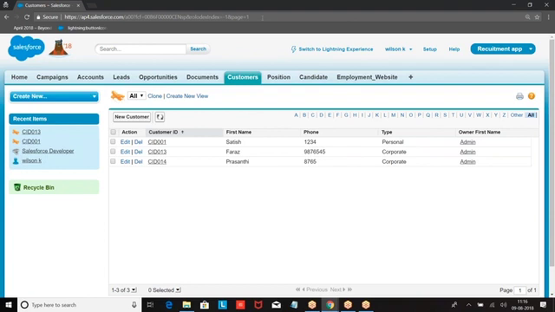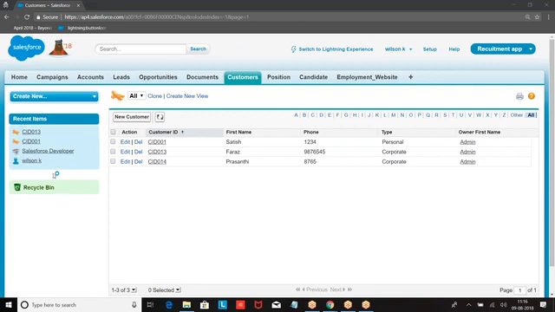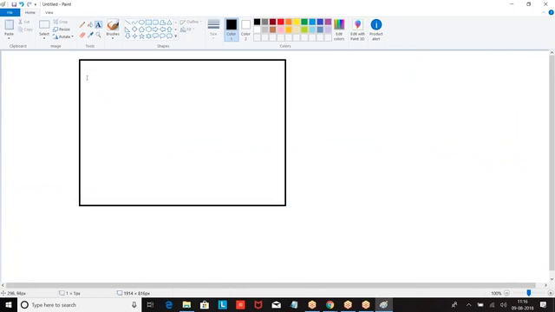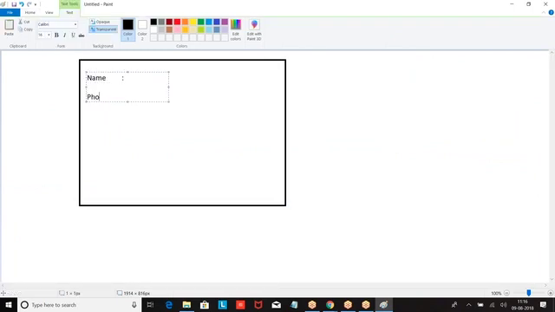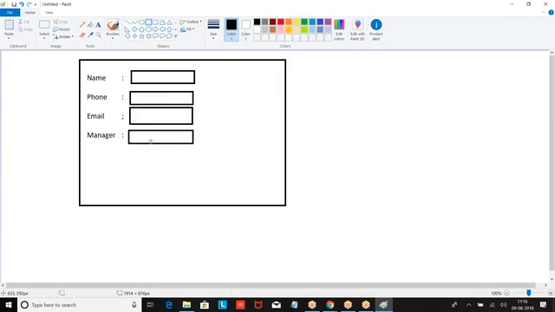Then we have the next one, Apex based sharing. That is shared programmatically. Let us say I have a record like this. In the record, I have given like this: name, and a manager. Whichever person I am choosing as a manager here, the record should be shared with that guy.